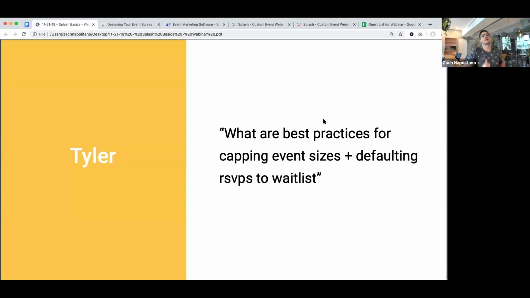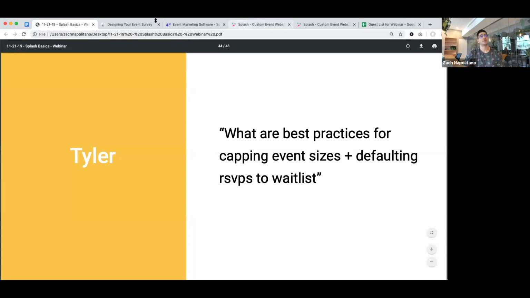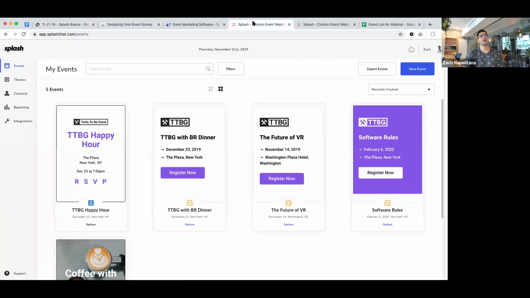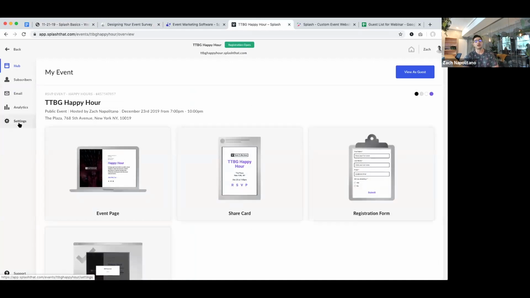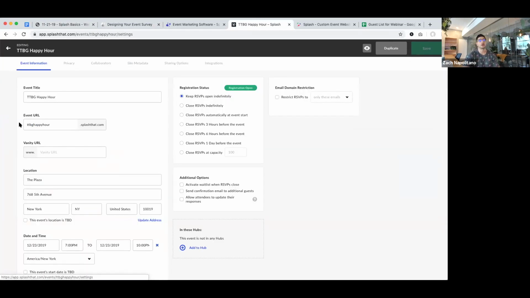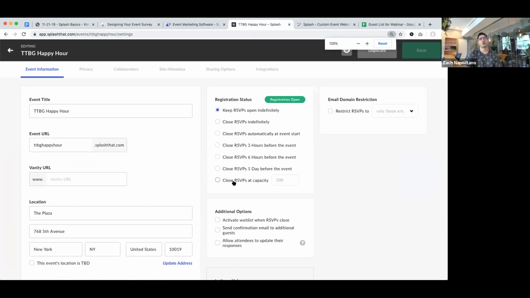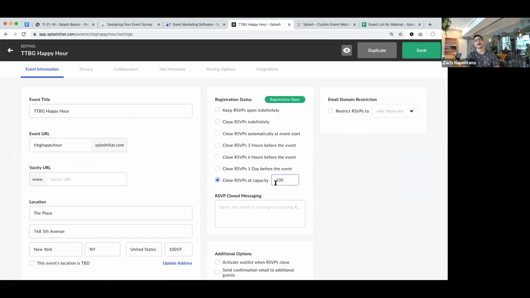What are best practices for capping event sizes and defaulting RSVPs to waitlist? I'm glad you asked. Let's take a look. This function, Tyler, and others, is controlled in your event settings. We touched on it a little bit at the beginning, but worth noting, we can set our capacity here and